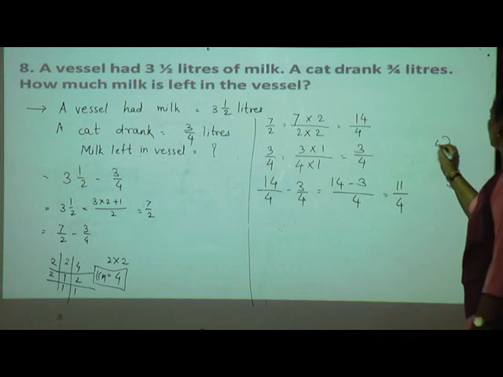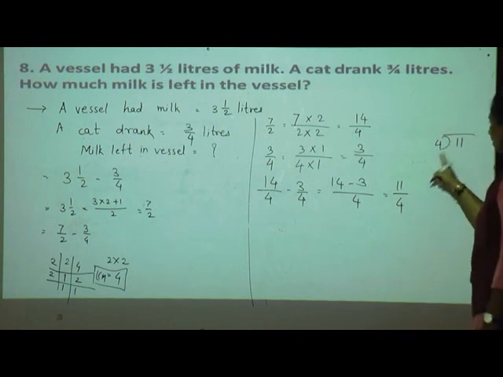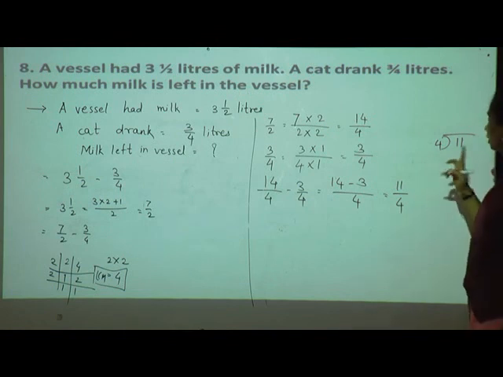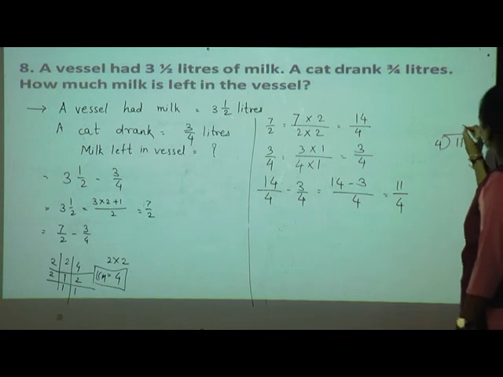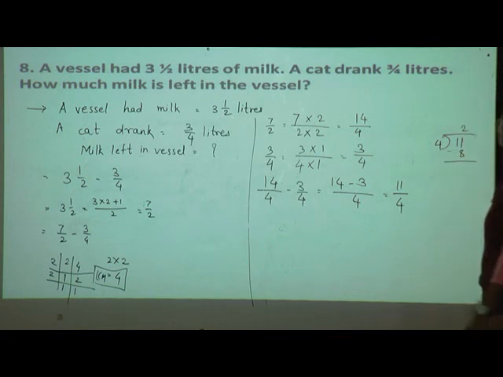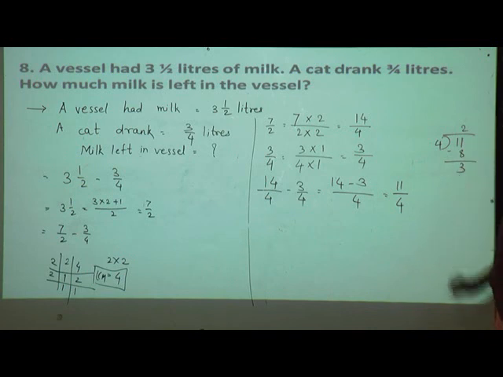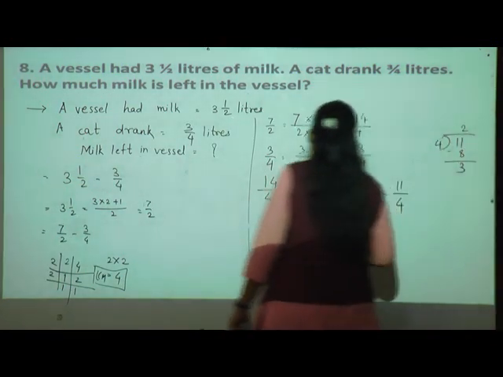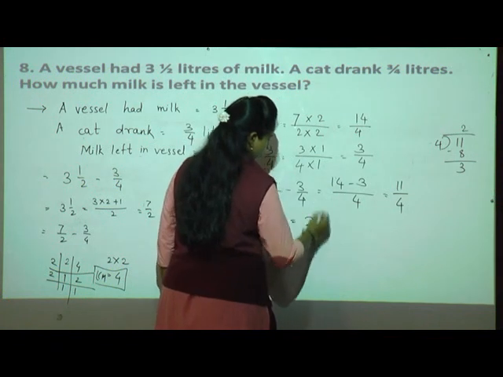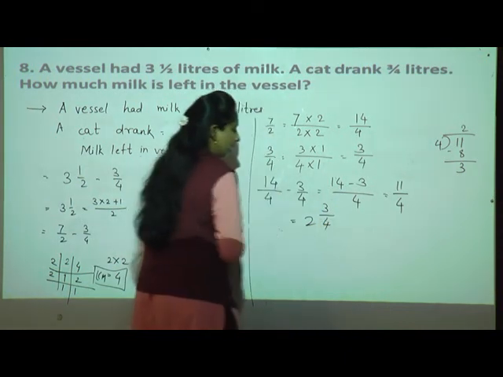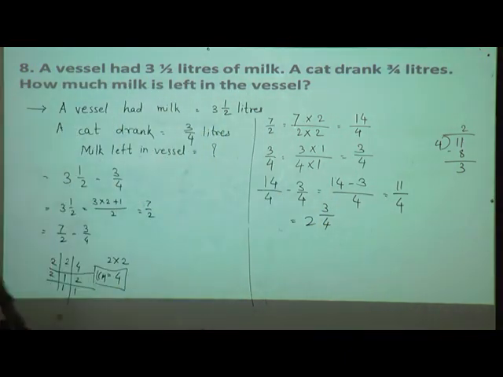Now I will divide this number. 11 divided by 4. In the 4 table, is 11 there? No. 4 ones are 4, 4 twos are 8, 4 threes are 12. No. We have to go with 2. 4 twos are 8. Now tell me subtraction 11 minus 8. Count after 8 till 11 comes: 9, 10, 11. 3 will remain. So first we will write the quotient, that is 2, and the remainder in the place of numerator and the denominator as it is. Understood? Clear? So what you will write?